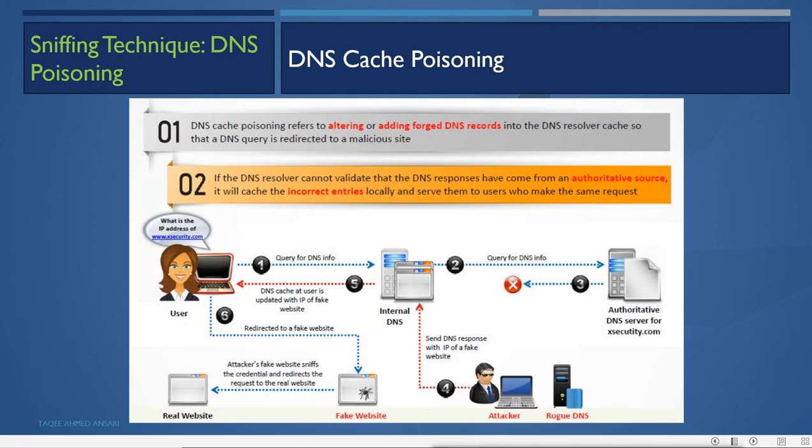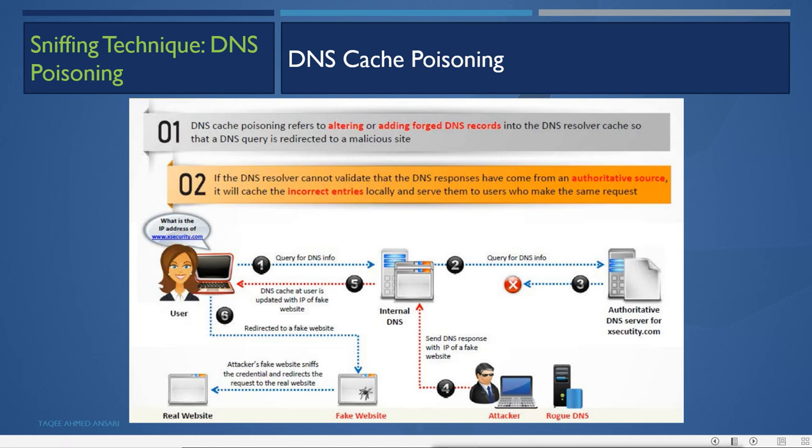So basically what happens when you query any name from the DNS server: first your machine checks its own cache, then it will check the host file, and then it will send the request to the DNS server, your internal DNS server or an internet DNS server. Then that DNS server will do what? It will also check the cache. These DNS servers also have a cache.